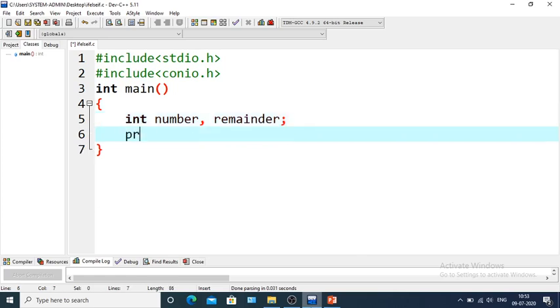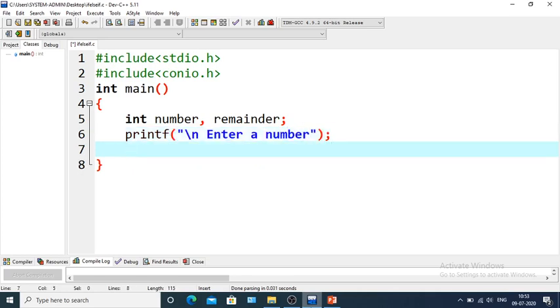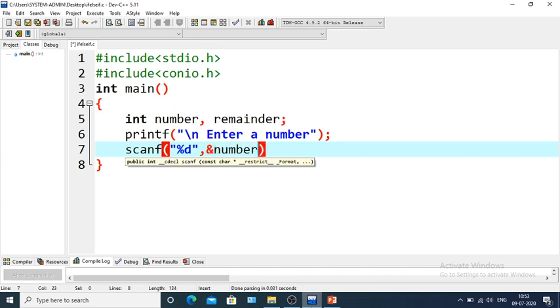So at first we will take the value: printf \n, enter a number, scanf %d, comma ampersand number.